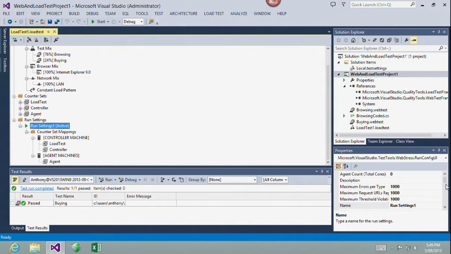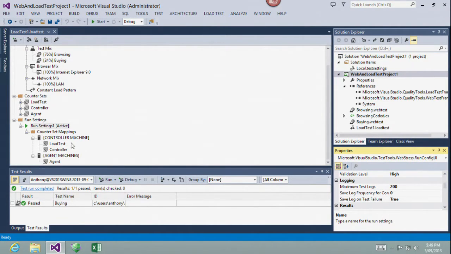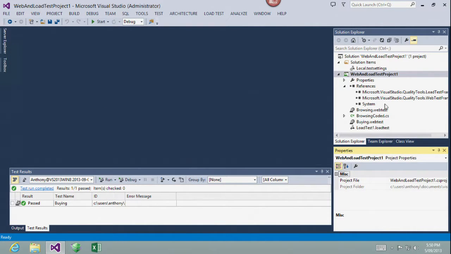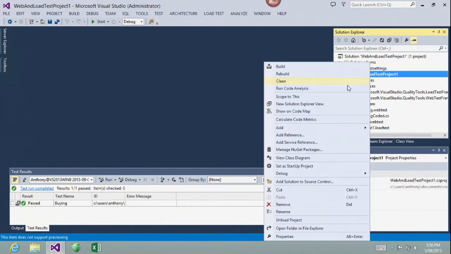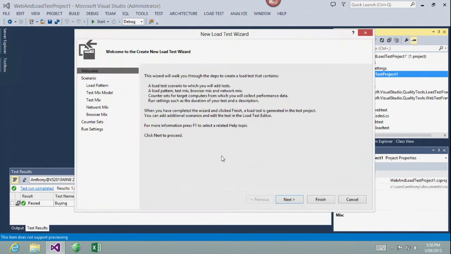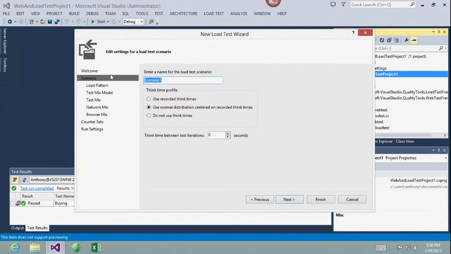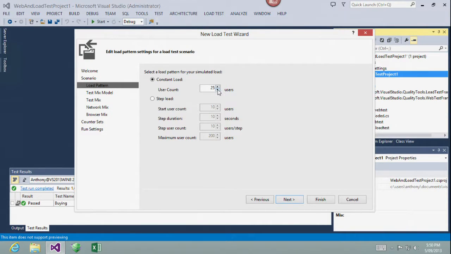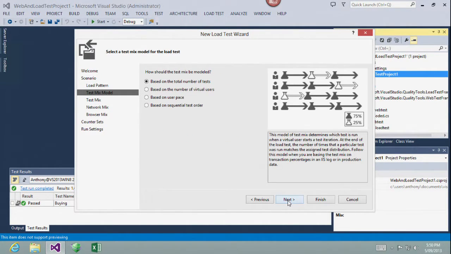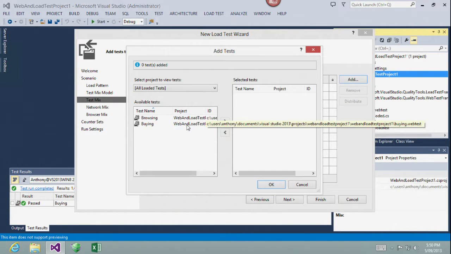Run settings, actually that was a significant thing. In terms of my run settings, what values have I got down here? Okay, so I've chosen to go with, I really should show you that properly. Wish I hadn't done that click fest. So let's try that again. Add, load test. Fortunately it's a wizard, so I haven't got to explain it now. Lighter. Constant load. Standard distribution, 24, it's lighter. We'll do that one. We'll go and add two tests.